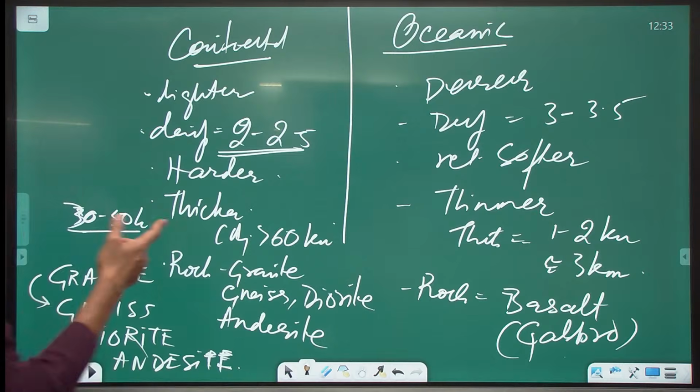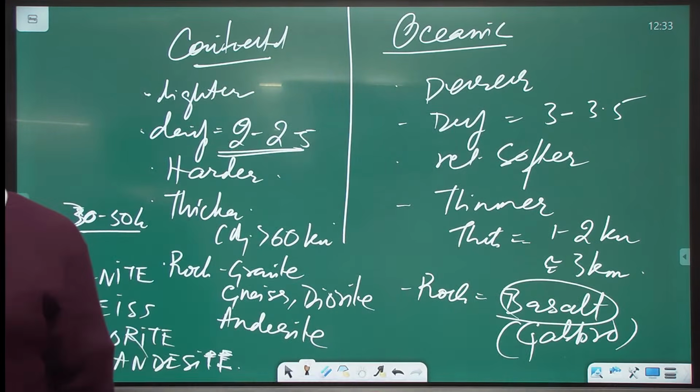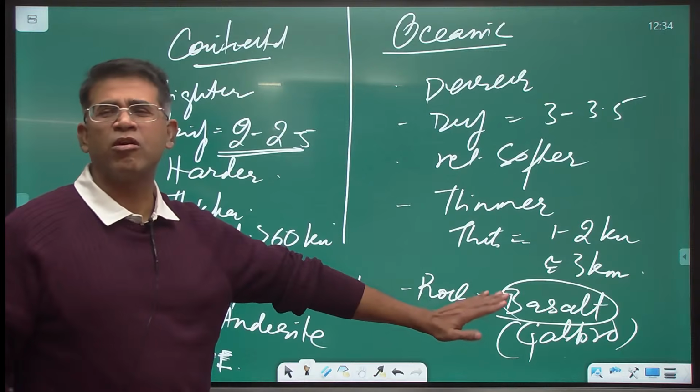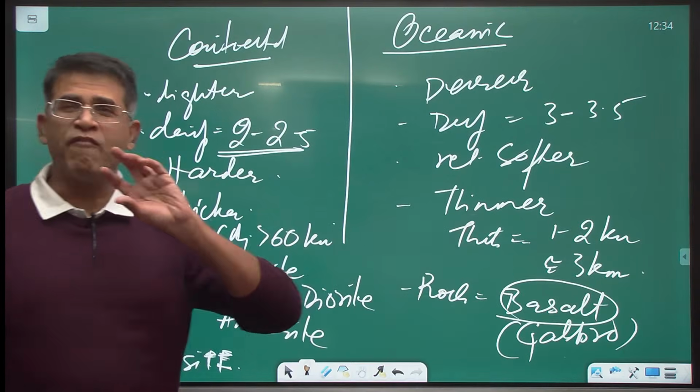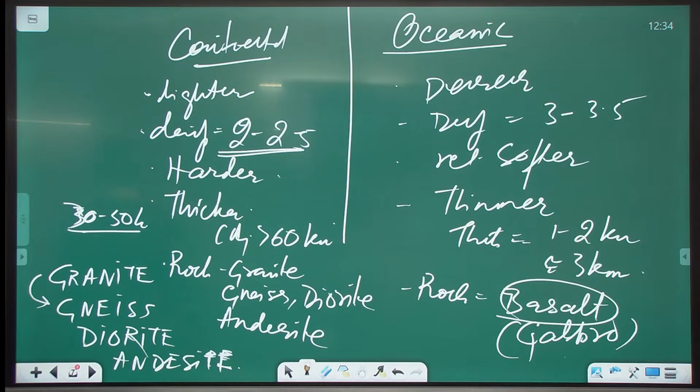Or oceans mein the rocks are basalt. Basalt is relatively softer. Soft hai doesn't mean it's not like a rock. It's still a rock, it's still hard, but in comparison, basalt rocks are softer. And one variant of basalt called as gabbro, G-A-B-B-R-O, gabbro.